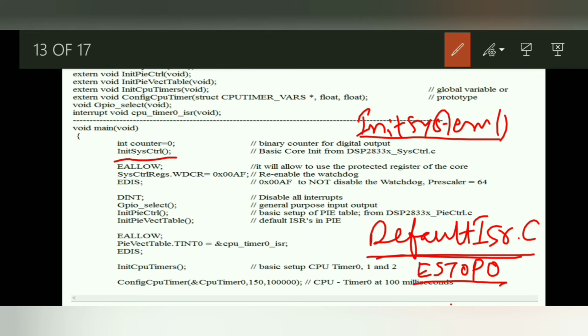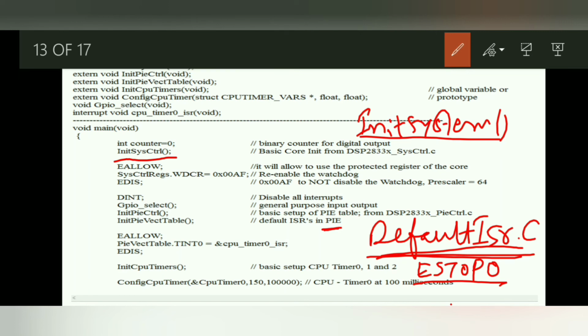Now we have to remap the timer interrupt. There are two ways to remap the timer interrupt. One thing, we just modify the default ISR. The second thing we can do is go to the PI memory, and there we can modify. But this is also not good practice, because we want to use this file further in the later programs. So instead of doing this, what can we do?